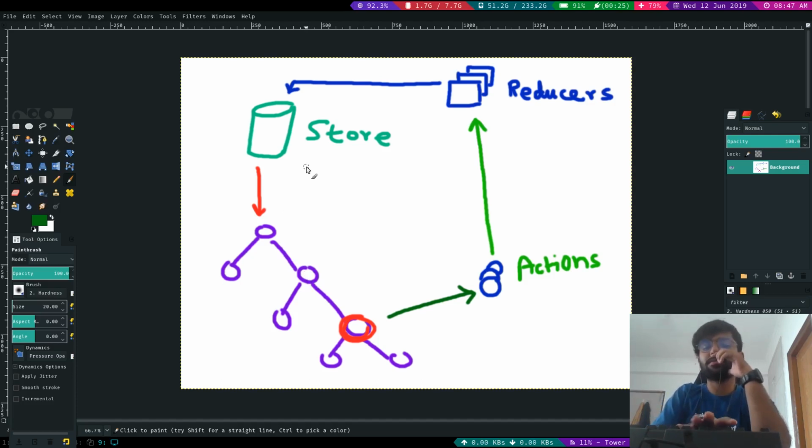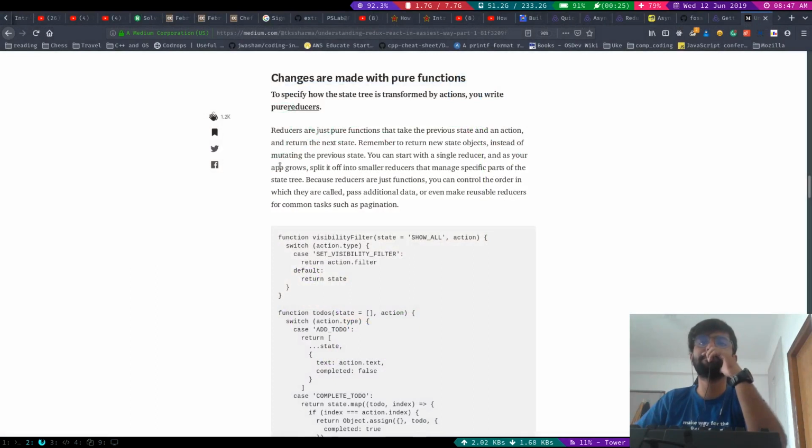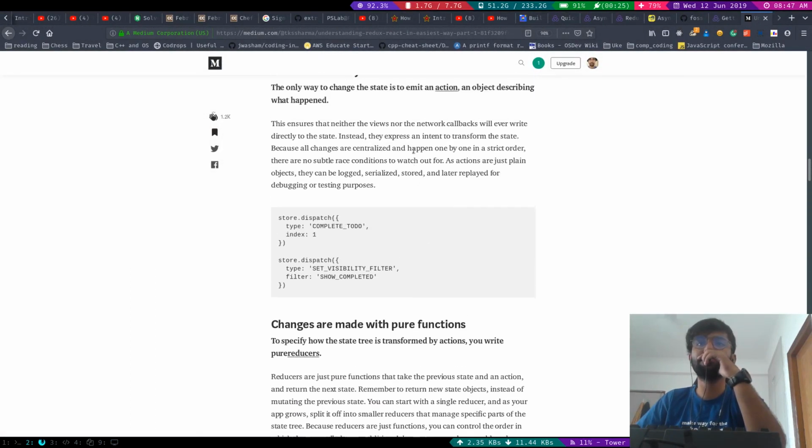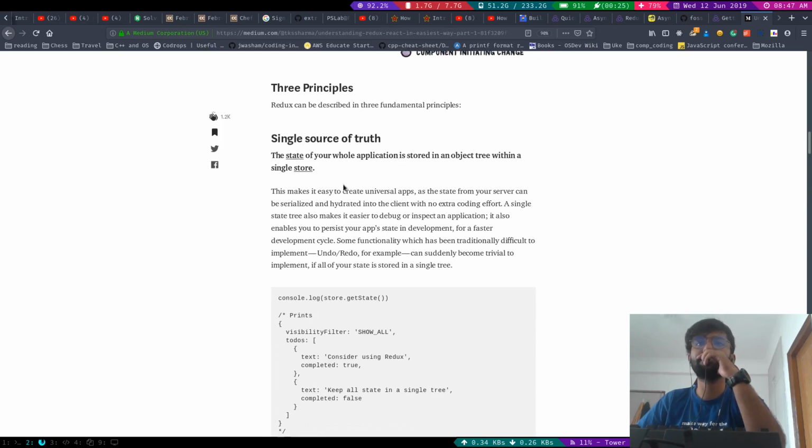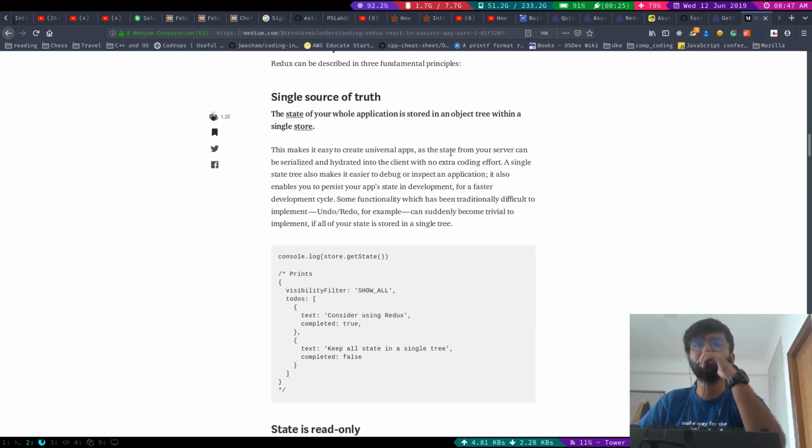So let's go back to the article we were reading. Yeah, so single source of truth. So like I said, we have a single store. The store itself is a single entity, and it is the truth for your whole application. So anything that conflicts with your store value can be considered a false value, because the truth that we are considering is the store itself, and single because we just have one store according to the Redux architecture, so single